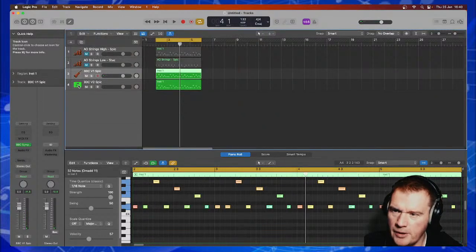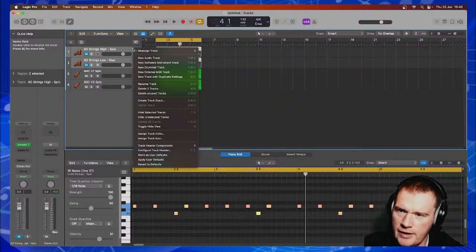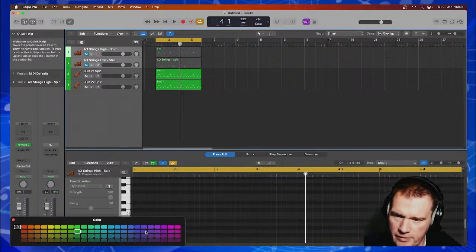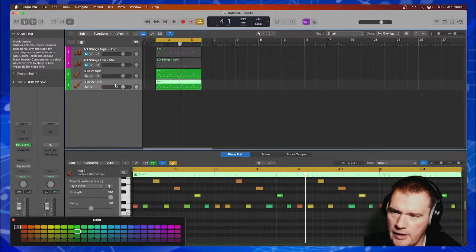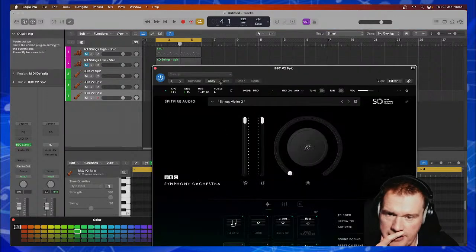Let's give it a pretty picture while we're here. In fact, what I'm going to end up having to do is actually give Albion 1 a, well, from my point of view, they're going to have to be a different colour. Otherwise, I am going to confuse myself. Right, so BBCSO is now green. There we go. If I was writing this, I was going to use this,